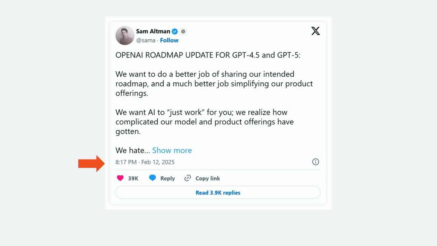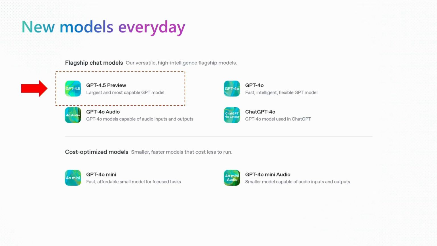And back in February, Sam Altman had a vision of how all the models will evolve in the upcoming months. If we had met together in April, I would have told you that that vision materialized and they have a new model like GPT 4.5, and we're all looking at Microsoft at how we can benefit from the new capabilities of this model.